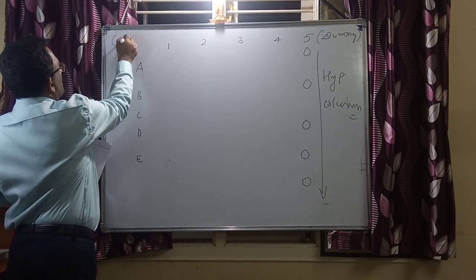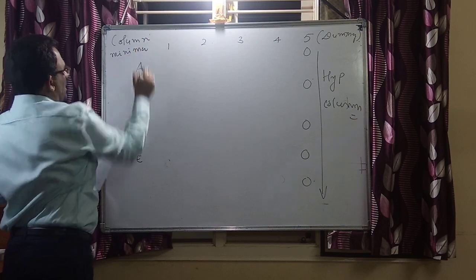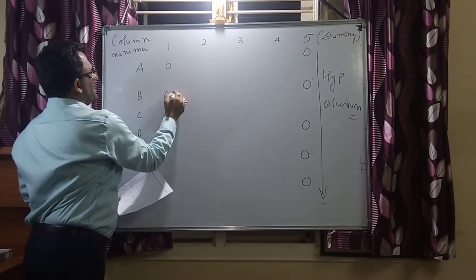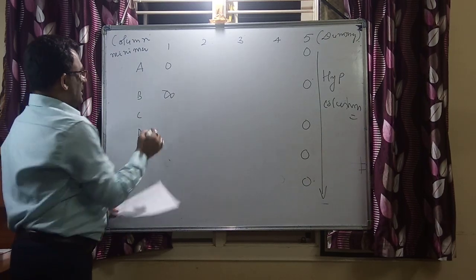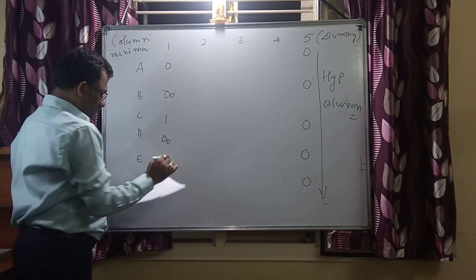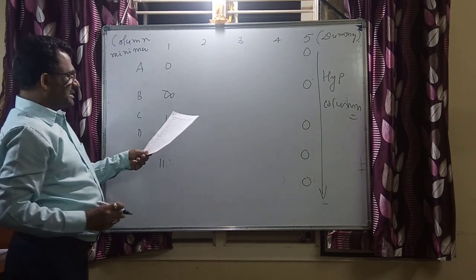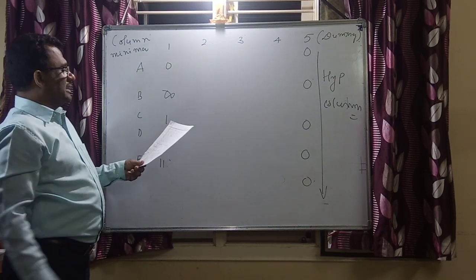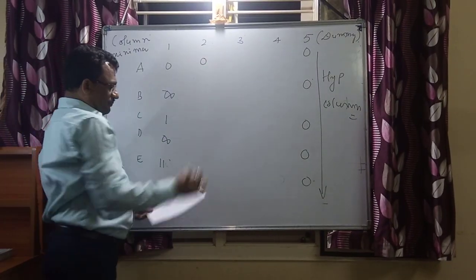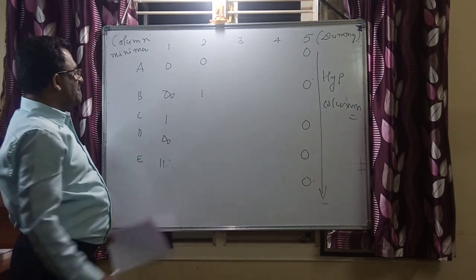Column minima. Now if you say column minima, this is going to be 0 here. I am retaining this restriction as it is, and this is 1. Again restriction here, and again this is going to be 11. Now that is 80 minus 69, 69 is 11. Next, if you say 75 is my minimum, now 75 minus 75 is 0. Next, 76 and 75, the difference is 1. Next, 75 and 80, the difference is 5.